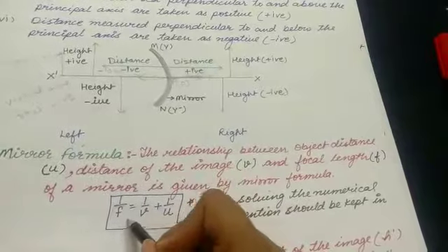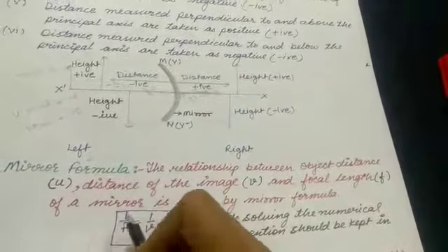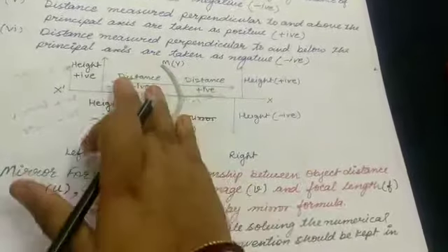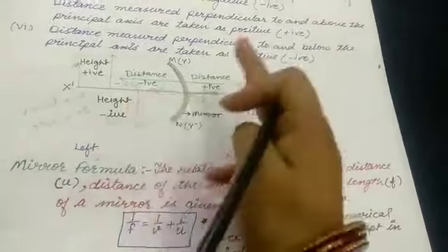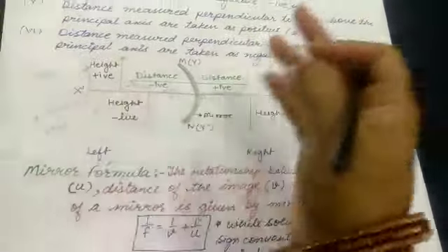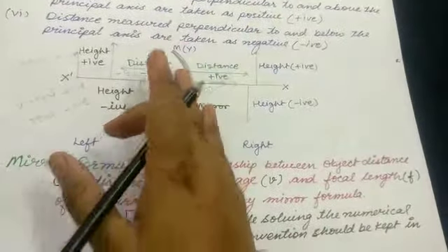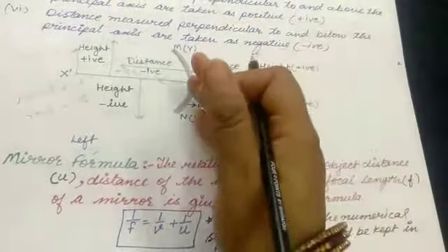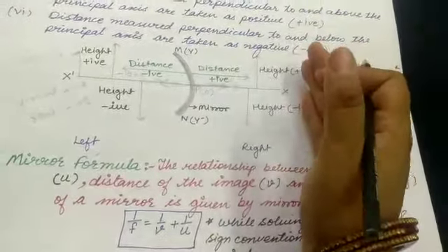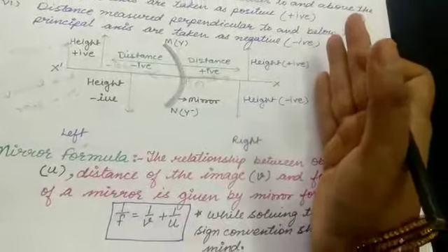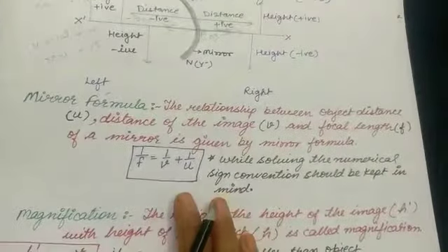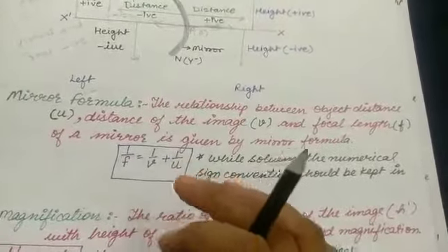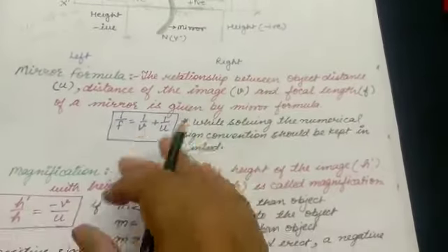Suppose the focal length of a mirror is on the left side, then a minus sign will be there with its value. If the image is formed on this left side, then its value will be negative also. The object is always kept on the left, so its value is going to be negative also. If the image is formed at the back side of the mirror, that is the right side of the mirror, then its distance will be positive. This will be clearer to you when we solve the numericals.